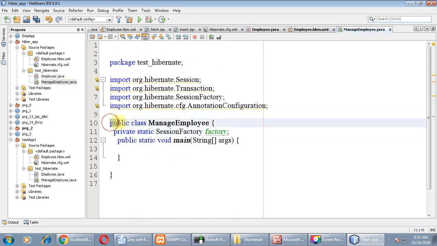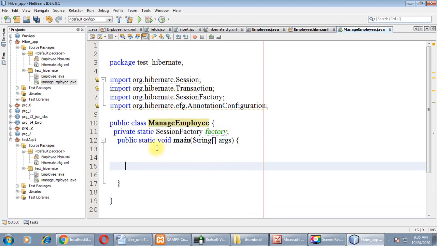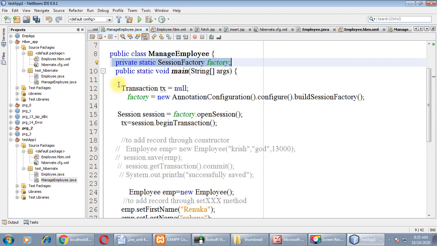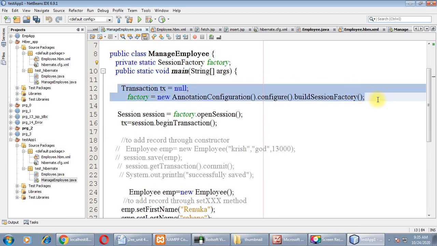But inside our public class ManageEmployee, right? Now inside the main we will create one object of transaction. This is optional, and we will assign configuration to the factory object, which is required to interact with our database. Okay,